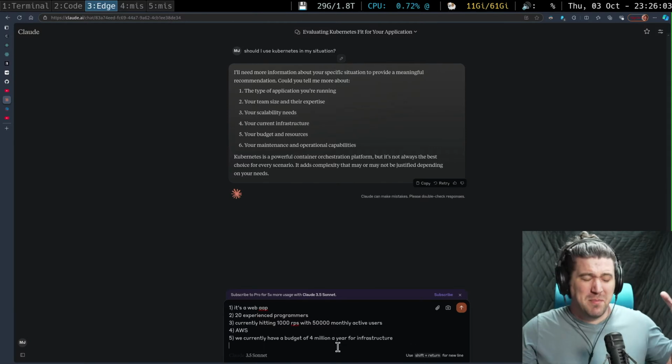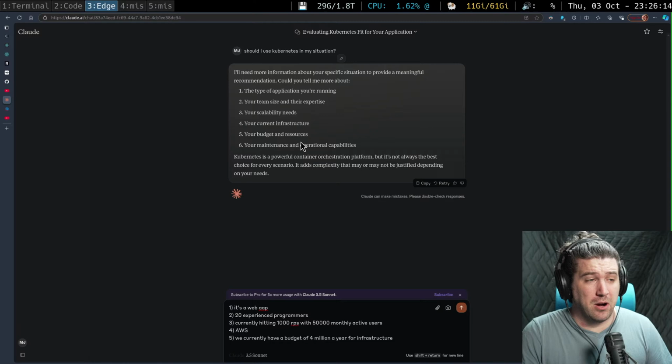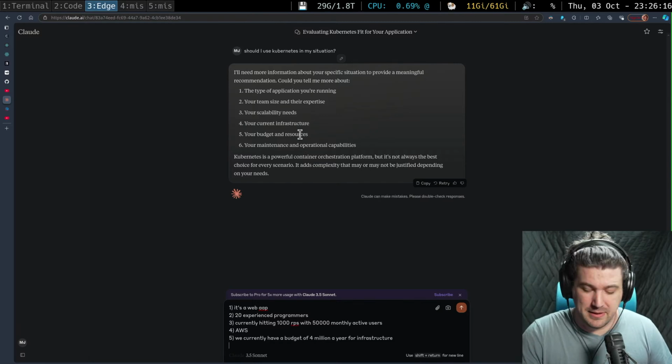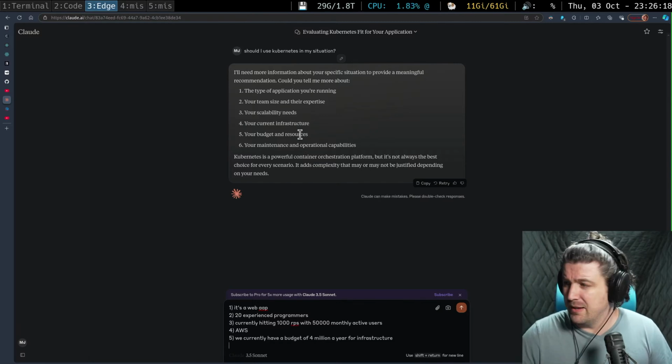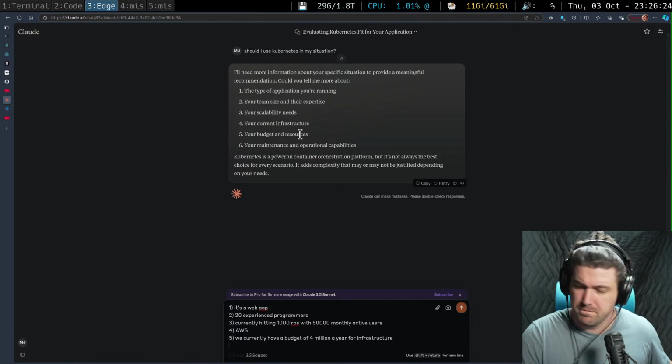So, a medium app with a medium infrastructure budget. Some of these are really hard to answer in this way because, what does it mean?